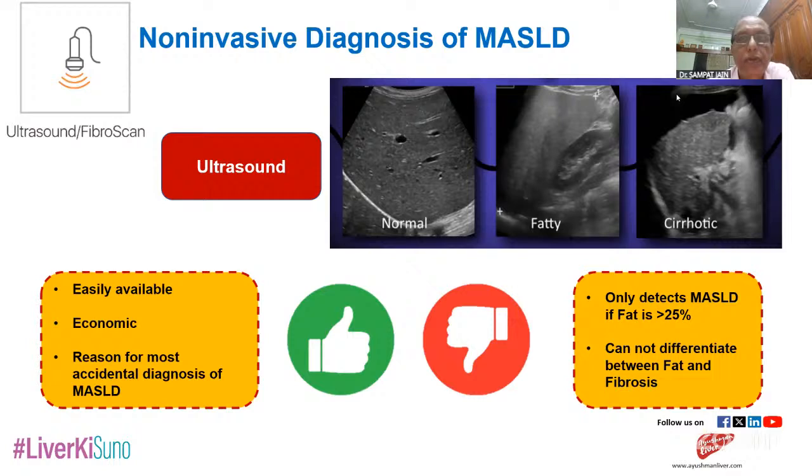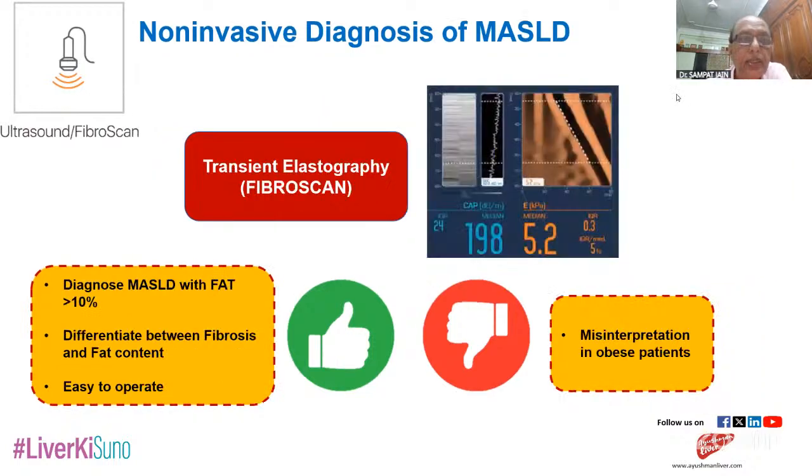For non-invasive diagnosis of MASLD, the most common is the ultrasound, easily available, economical, and the reason for most accidental diagnoses of MASLD. In the ultrasound report, very commonly we see the patient has grade 1, grade 2, or grade 3 fatty liver. The drawback of ultrasound is that it only detects MASLD if the fat is more than 25%. It cannot differentiate between fat and fibrosis. So for that, we need some other test like